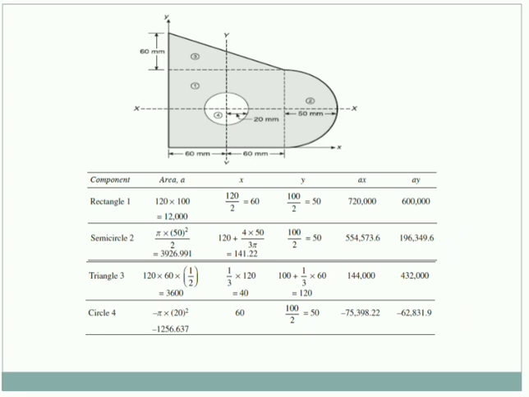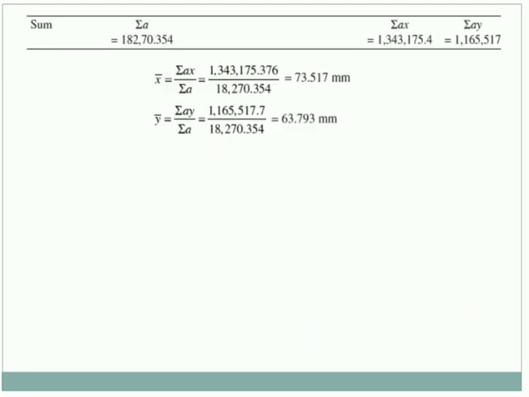So after we get all this, our next step is very easy, where we have to take summation ax, summation ay and summation of the area. Then we get the coordinates as x bar is equal to summation ax upon summation a, y bar is equal to summation ay upon summation a. So these are the two examples with respect to the cutout section. Two more examples of the cutout section I will give you all for practice. I hope that you will practice those examples properly and come up with the answers.